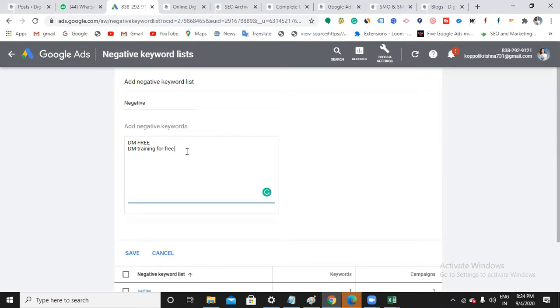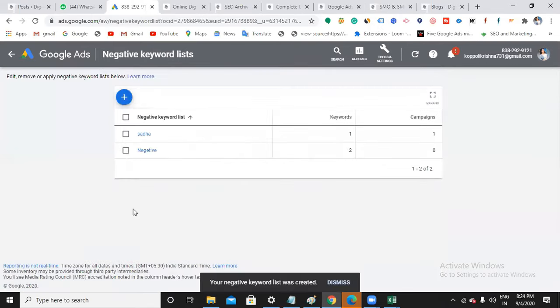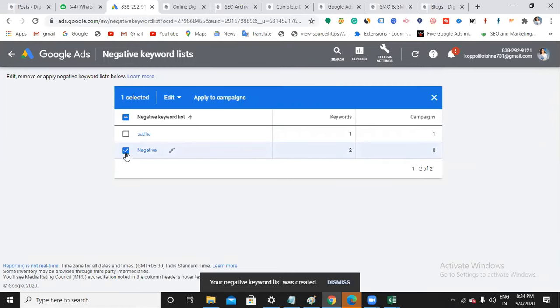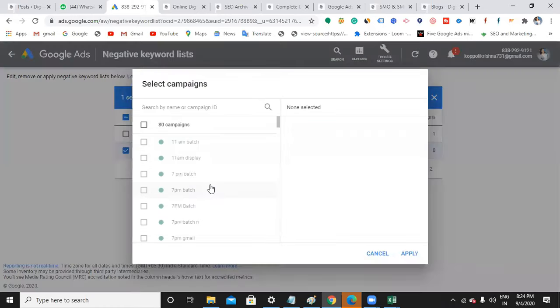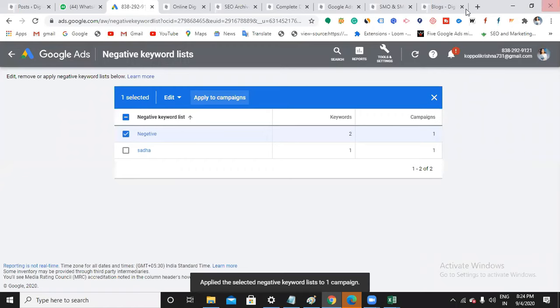For this keyword, I don't want to show my ad. In such a way, you can just select, and you can apply this keyword list to the particular campaigns. So you can apply it to the campaign. Applied. That's how simple it is.